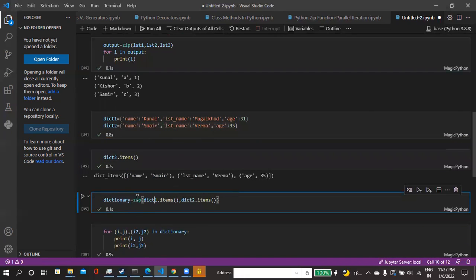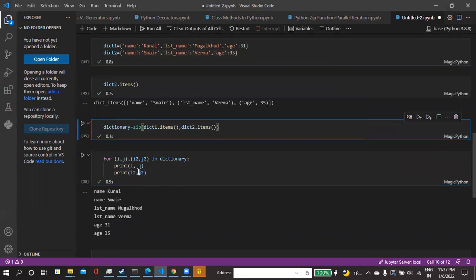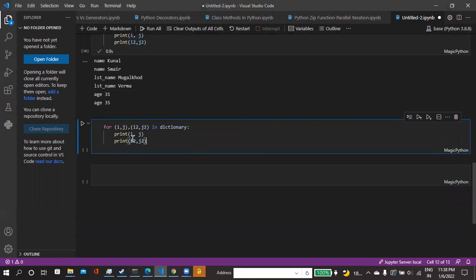Now we have applied this zip operation on these dictionaries. Here you can see these key-value pairs are merged together and created as tuples. If I print like this, I will copy this and paste it over here, and just print i in the zipped dictionaries. Okay, one minute.